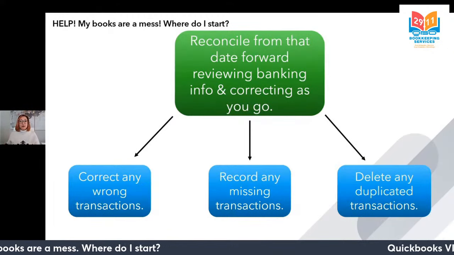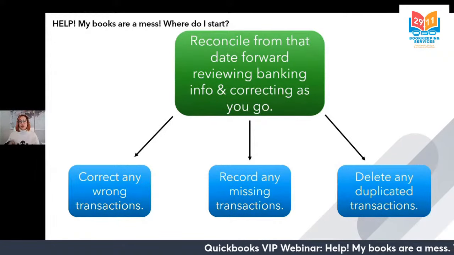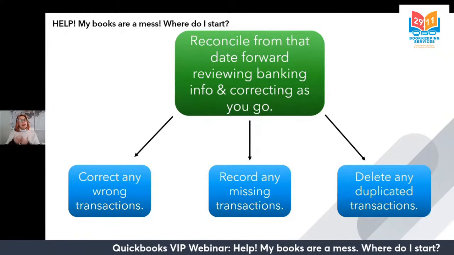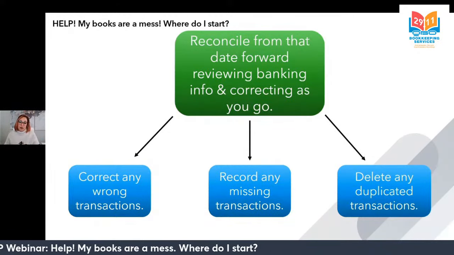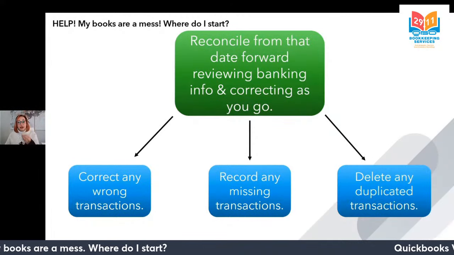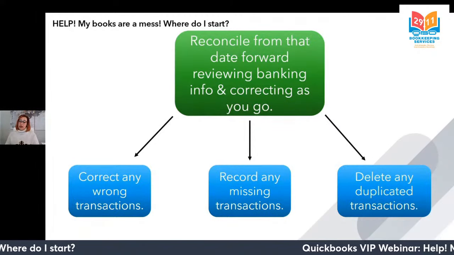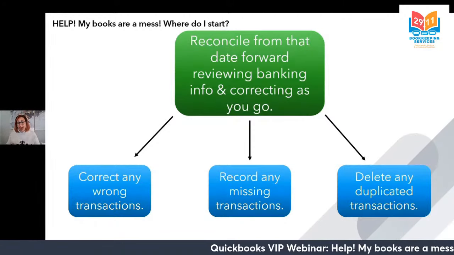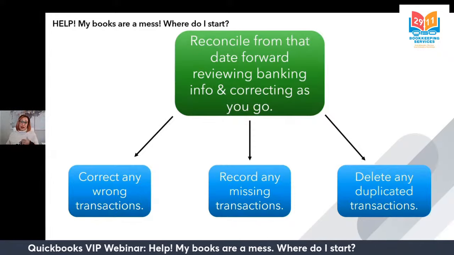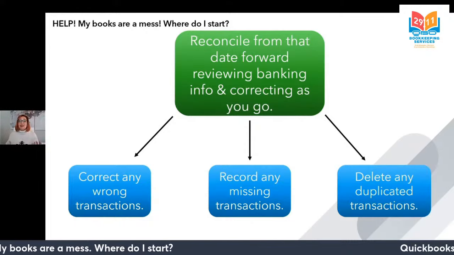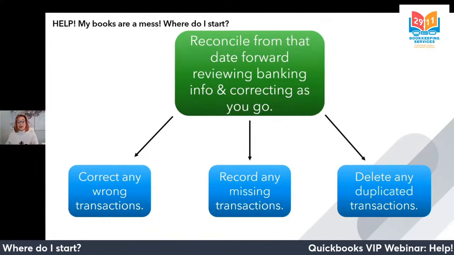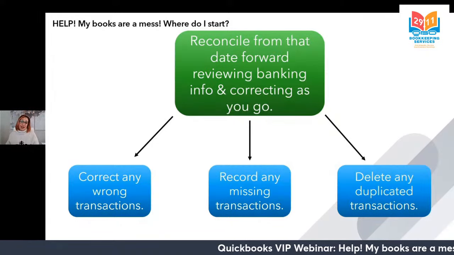I have to mention that QuickBooks is a double entry accounting system. Each transaction that you record affects at least 2 accounts. So there's still a chance that you could correct all of this and something could still go wrong. But as long as you're reconciling correctly in all of your bank and credit card accounts, you know that at least half of every single transaction you've recorded is correct, the bank or the credit card account. And it's a lot easier to change an expense account on a transaction than to fix 100 different checks written from and reconciled in the wrong bank account.